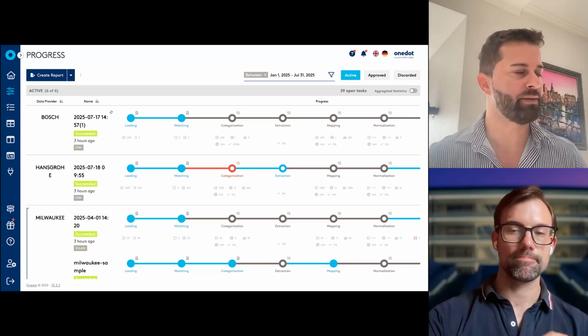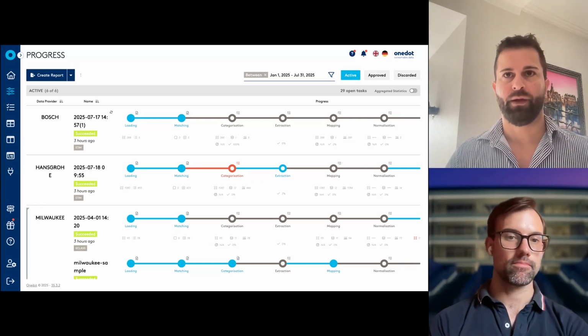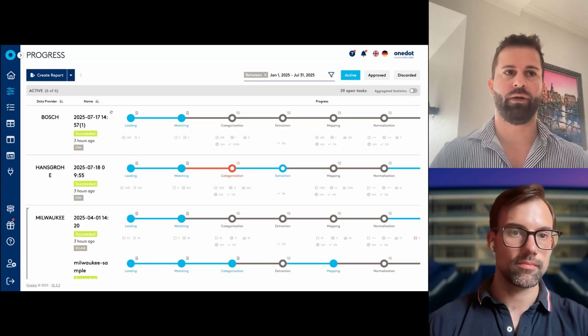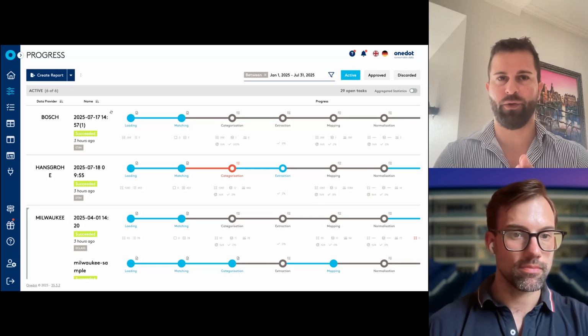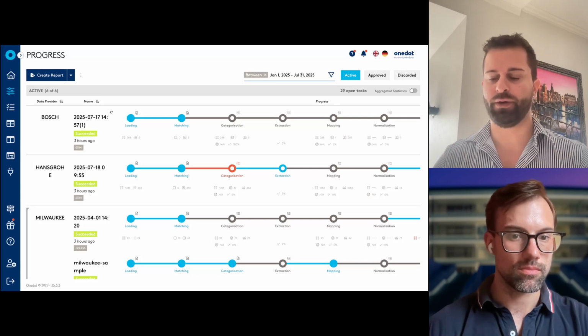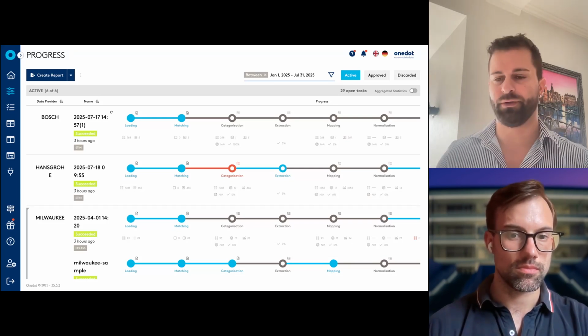Because what we realized with a lot of retailers is, remember, precision and recall is important, and it measures the quality, right? So in order to have high precision and recall, it's important to have a good data structure and a good data model.